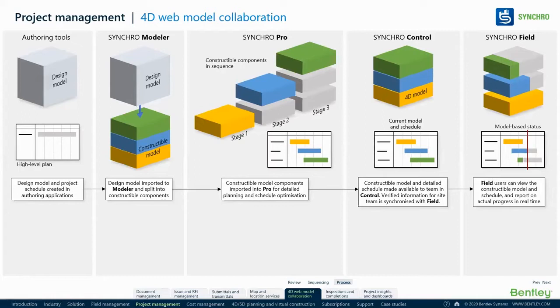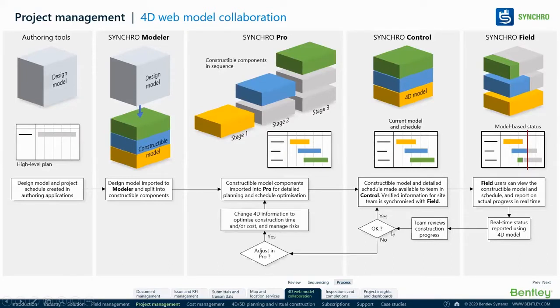Now, what happens in the site? They use a Synchro app called Synchro Field, and they can use the constructible model and start constructing. So what happens from there on? If you have created some zero budget and wanted to compare with what the site is exactly doing, they can do a resource statusing or update also. So you get a team review, and then if you are satisfied, you can go back to this own circle. Otherwise, you can say that you do not want this schedule, or wanted to correct the schedule. You can send it back to your planner, the 4D planner.